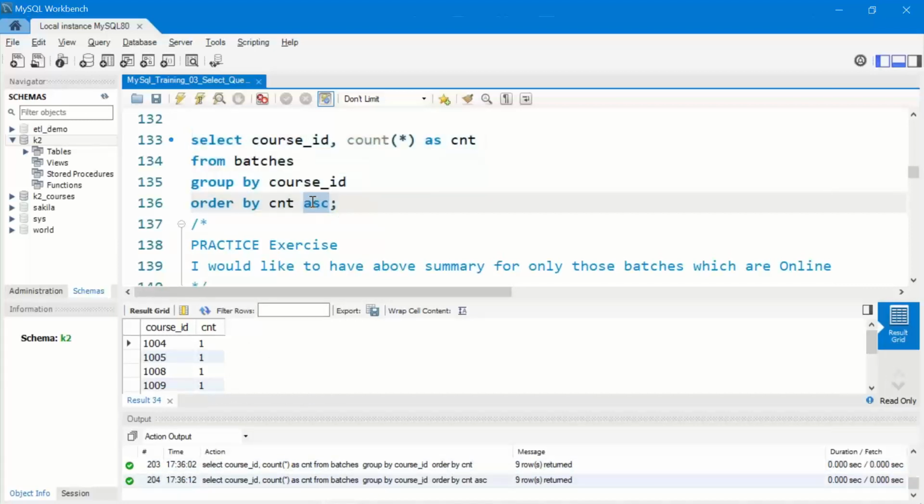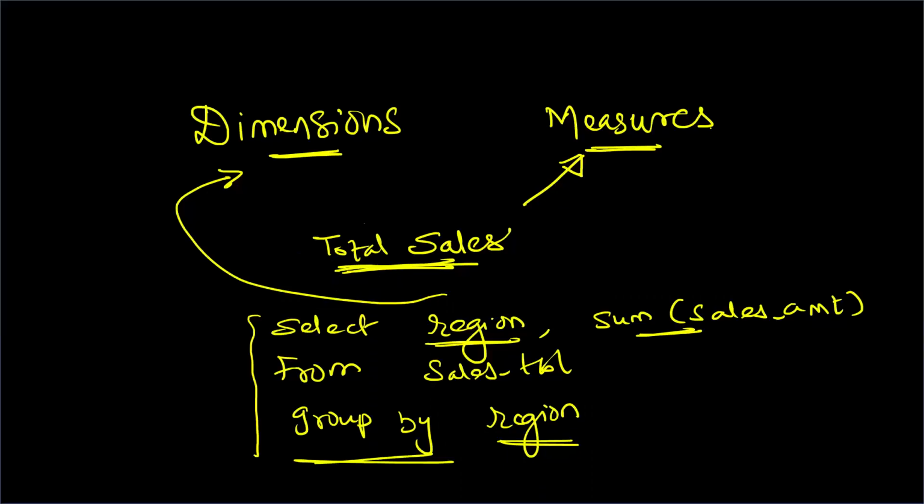But typically, you would be interested in the highest frequency. In this case, you would like to know the region where you have the highest sales. So what you will do, you would put order by,